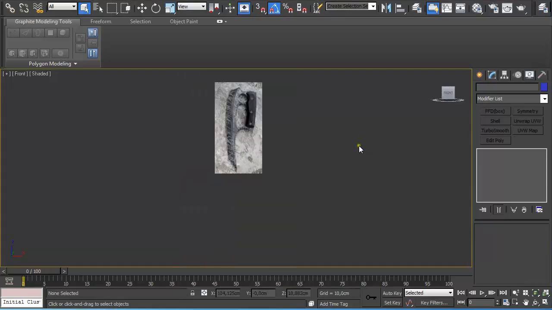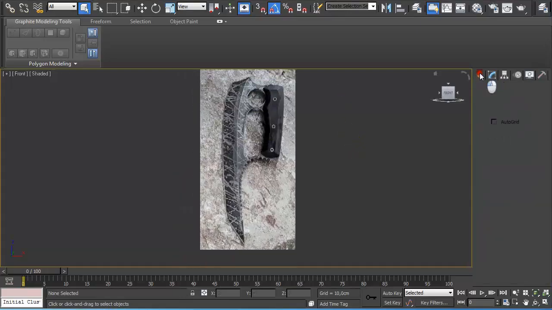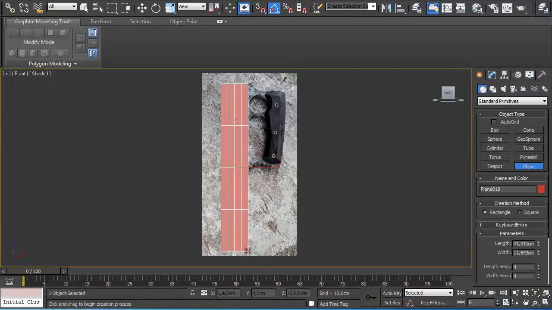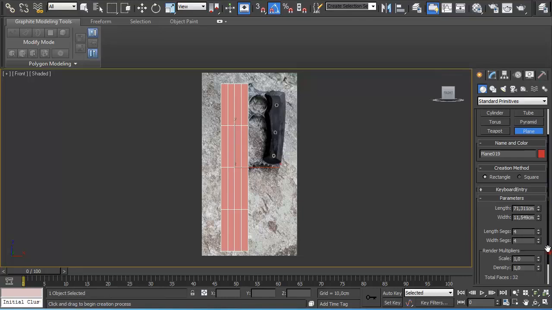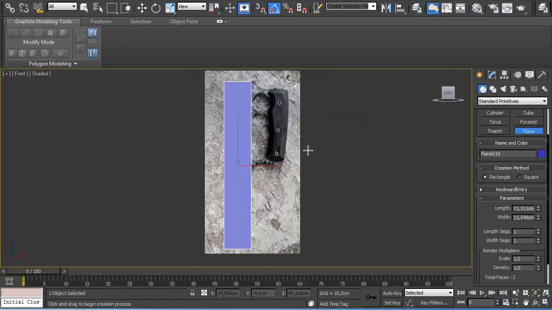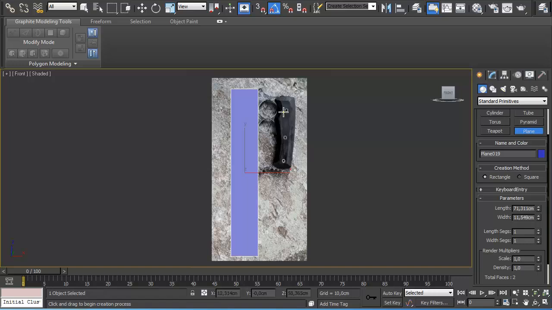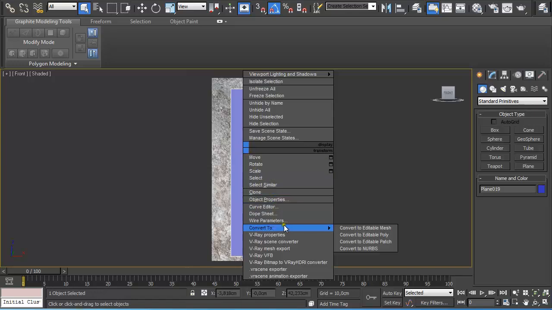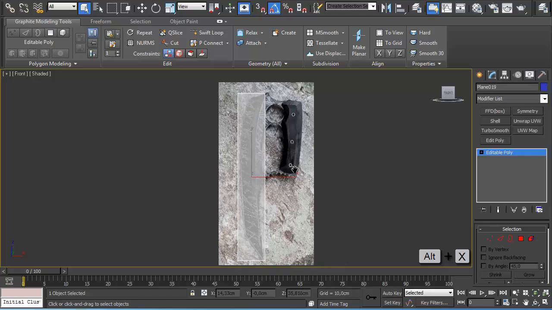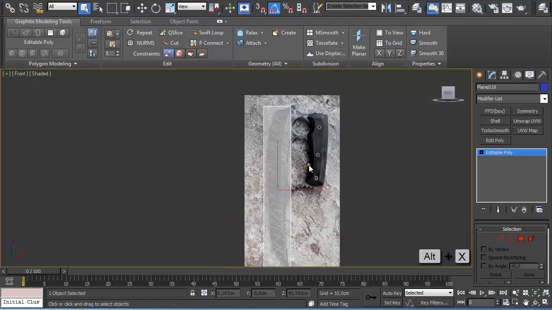So let's start. In the front view, pressing F on the keyboard, go to create plane, and then just draw out plane. Just right click on these arrows to get one length segment and one width segment, and then I just normally use blue color because the edges can be easily seen. And now just double right click on it and convert to editable poly. Alt X on the keyboard to make it transparent so you can see the underneath laying